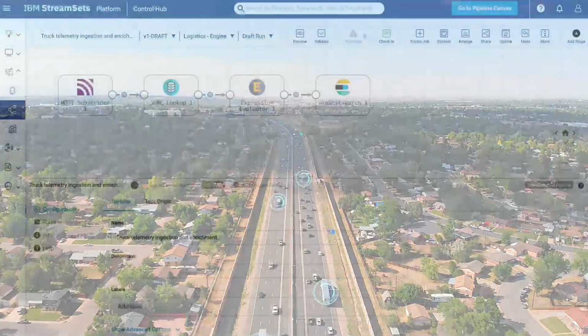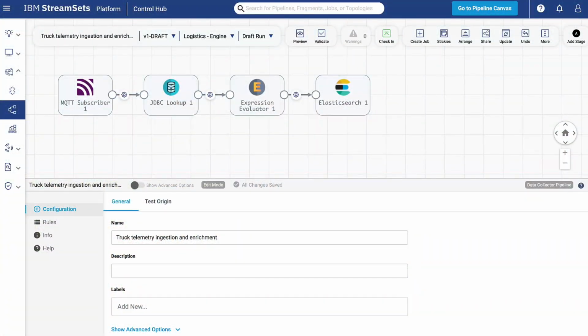Before we get started with the SDK, let's recap what we built in the previous video using the StreamSets UI. We subscribed to an MQTT stream of truck telemetry data from our supplier. Then we enriched the data with traffic and weather data. A new field was created that calculated the delay risk, and then we put this streaming data into Elasticsearch for